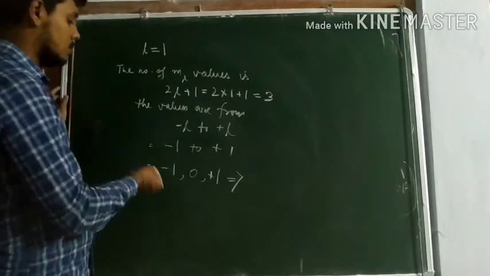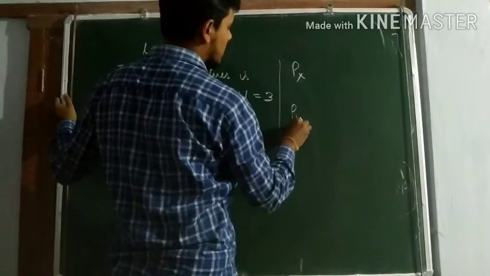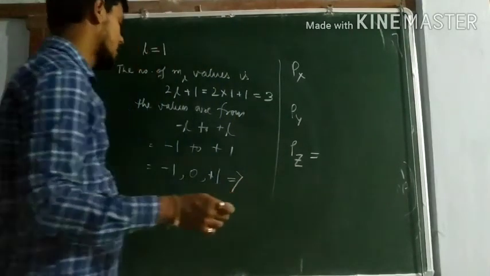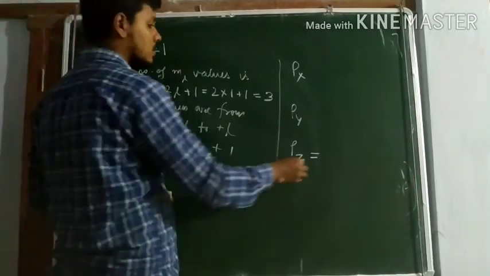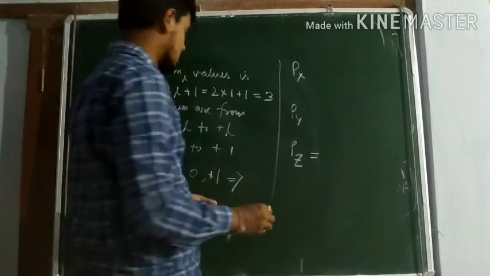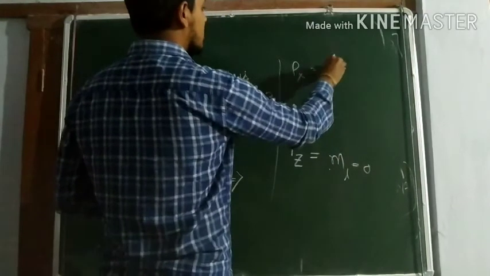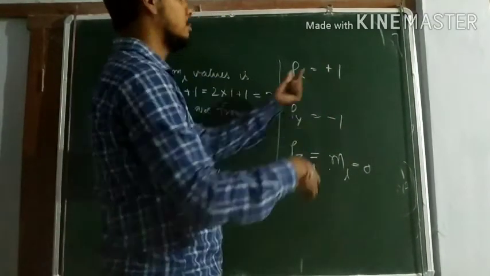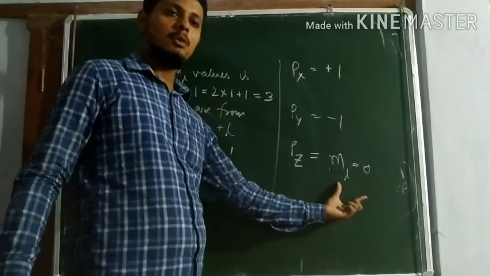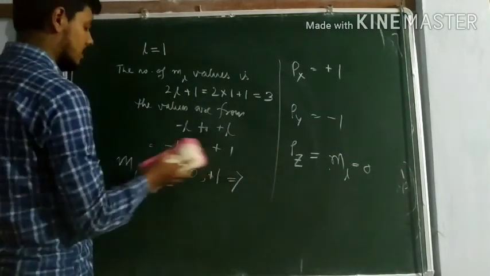Okay, so the 3 orbitals in the p subshell are px, py and pz. So for pz the ML value is taken to be 0. These are the values of ML. The ML value is taken to be 0 for pz, and for these plus 1 and minus 1. So px can be minus 1, this can be plus 1. These two can be interchanged while the ML value for z remains 0. Okay, so this is about the ML value.